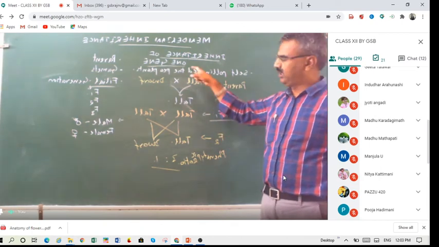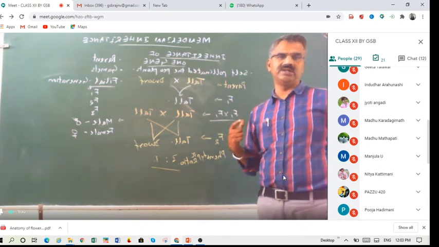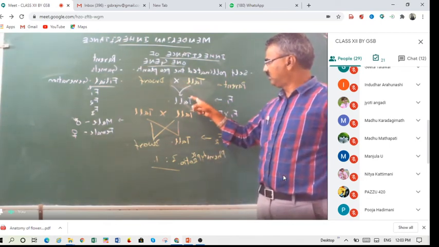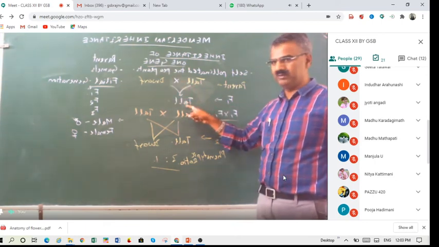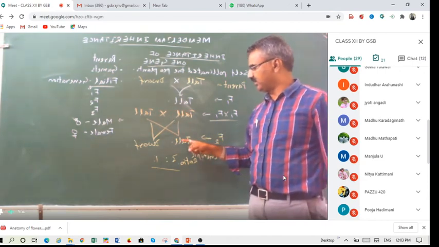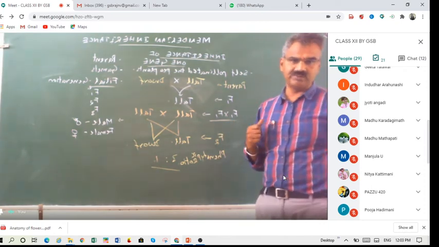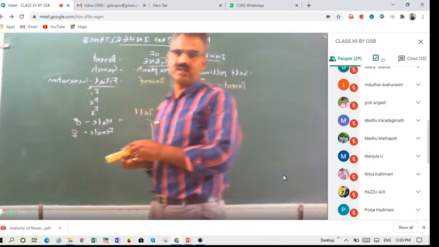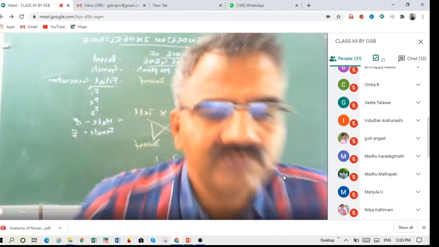So we will see how he was able to explain this process of getting some results, like when a tall and dwarf were crossed, he got a tall plant, and when tall and tall plants were crossed, he was able to get tall and also dwarf. How is it possible is the question. That answer we will try to understand in the next class as explained by Mendel. Any question? Any doubt?